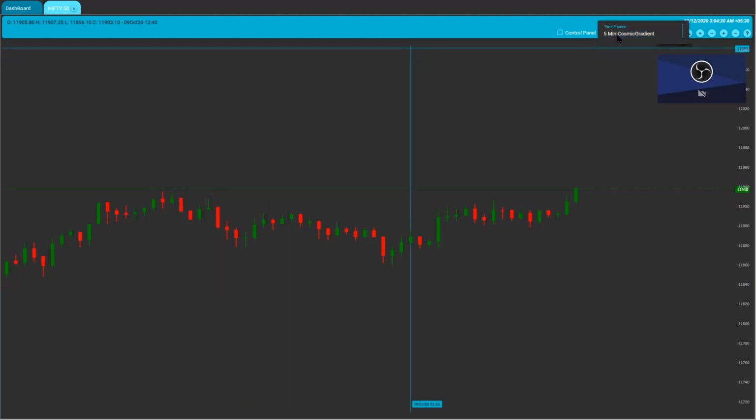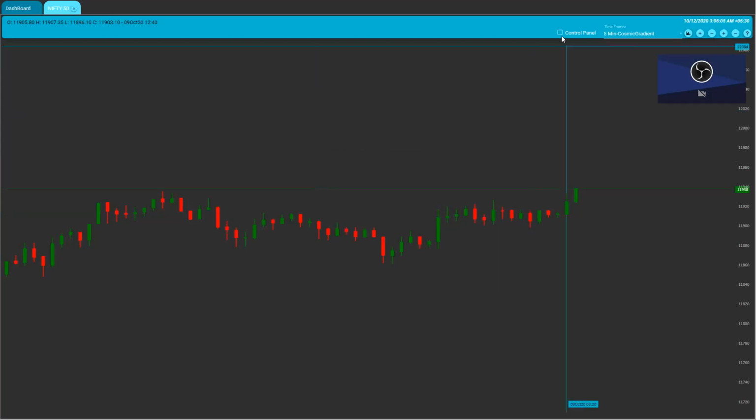Here, time frame: we have covered only the 5-minute time frame. We have not covered any sort of positional entries. So the current version is only meant for intraday activity. No positional has been considered here, and only the 5-minute time frame. These are the buttons, tooltips are there: refresh chart, zoom plus, zoom minus, vertical zoom plus, vertical zoom minus. This is the help file which you have already seen.